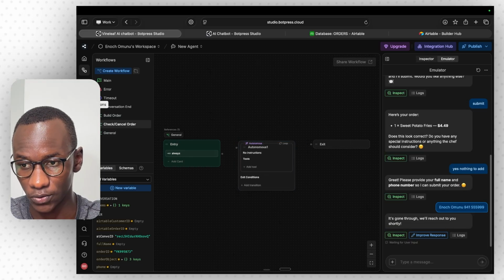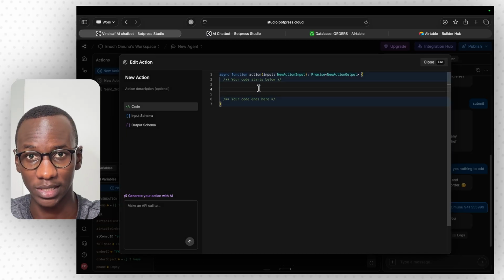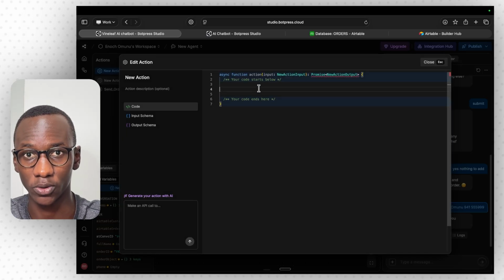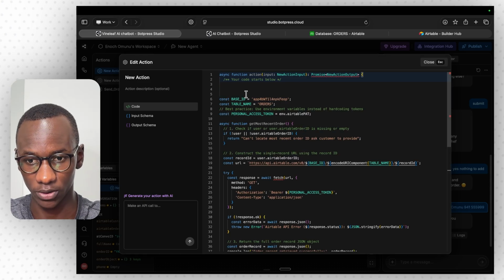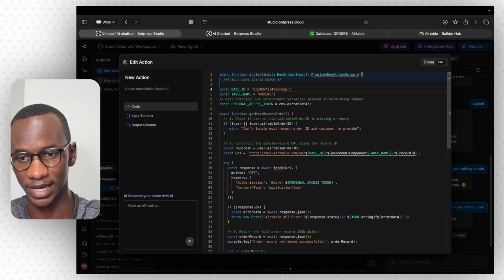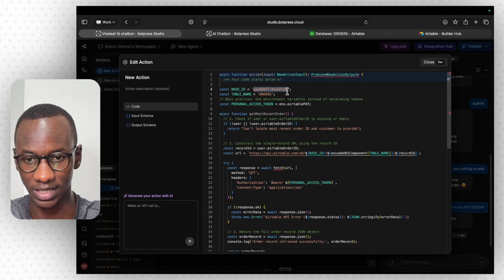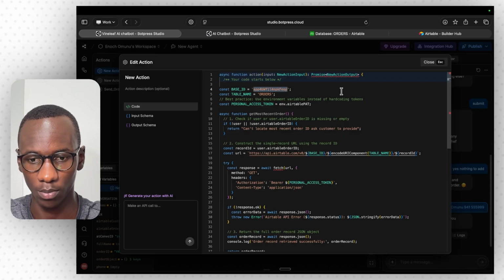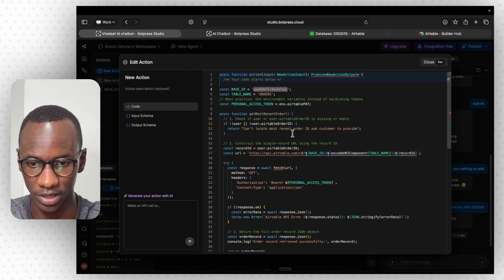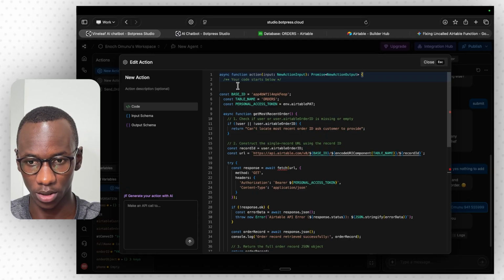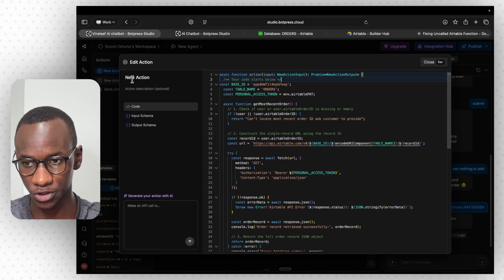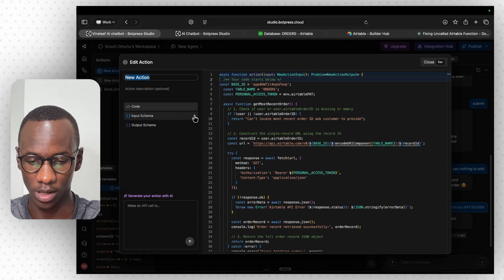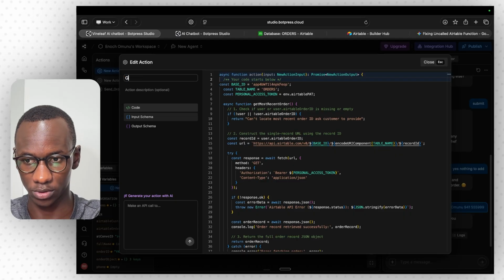So come back into the hexagon thing again, and we'll add a new action. And inside you want to paste in this code for checking the user's order using their ID. Once you've pasted in the code, essentially you want to edit the base ID to make sure that it matches your base ID as well. But you don't have to change anything else because the Airtable personal access token is already referred to. Alright, so go ahead and paste in the code for this specific action, and we shall call this action get check order